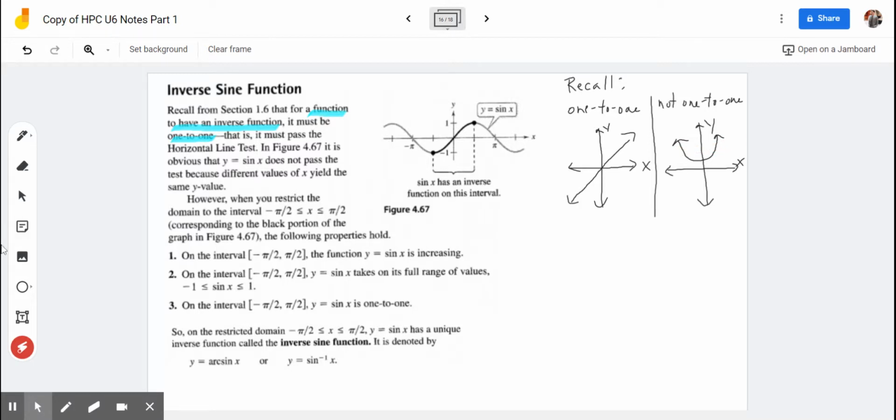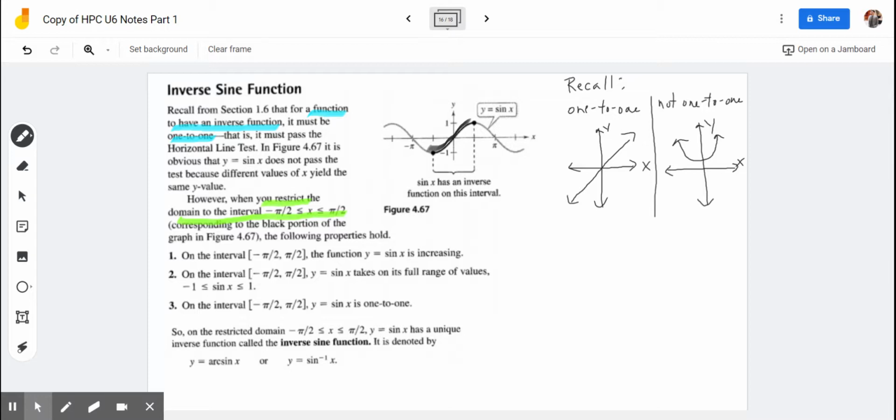But it says it's obvious that y equals sine of x does not pass the horizontal line test, right? Because if you were to draw a horizontal line, different values of x yield the same y value. However, when you restrict the domain to the interval negative pi over 2 to pi over 2, the corresponding black portion in 4.67, so that's this part here,